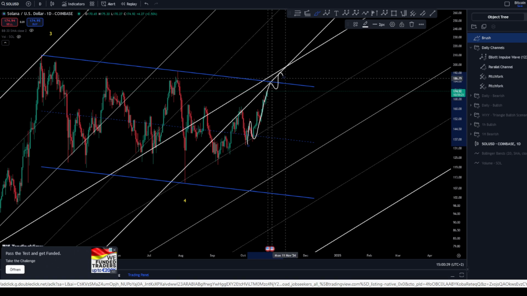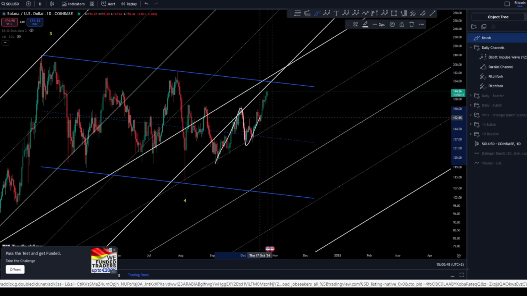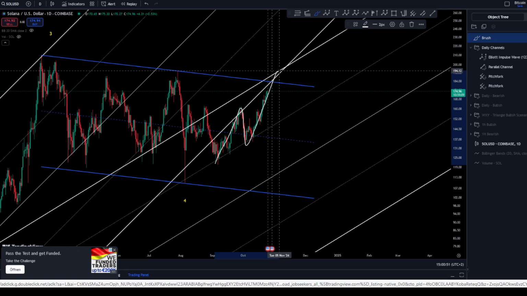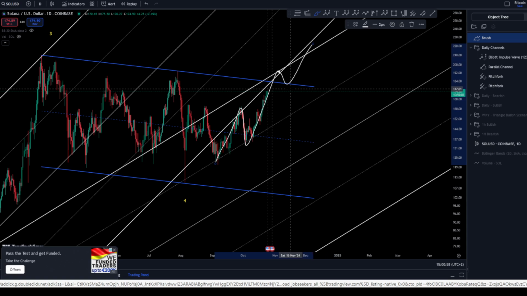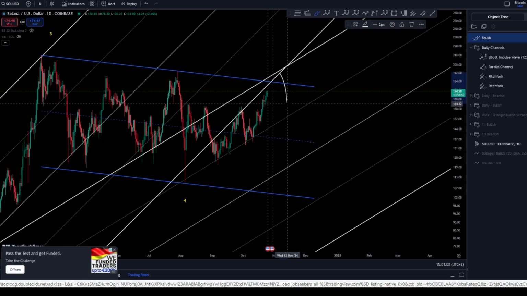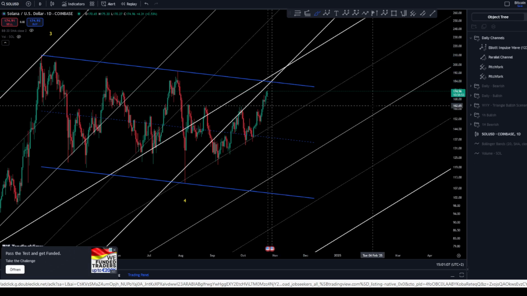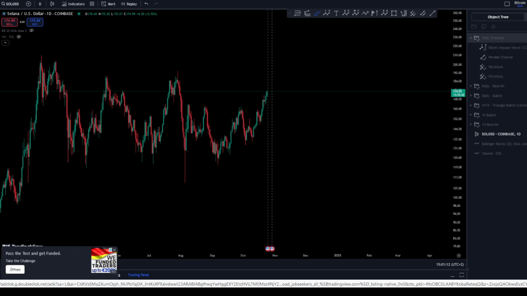Of course, we need some days to get there. But yeah, here is the question. Is it triple 1, 2s? Or it can be considered as 1, 2, 3, because of course it is longer if we could reach this high. Then 4 and a 5, then continuation towards the upside. Therefore, of course, be careful from this area, because it might be a reversal, right, for a wave 2, or it can be a wave 4, right, 4, 5. So we're gonna see how this unfolds, of course, in the next days.